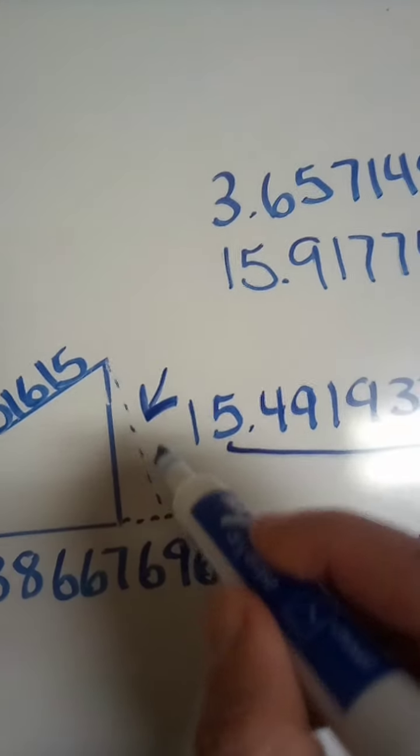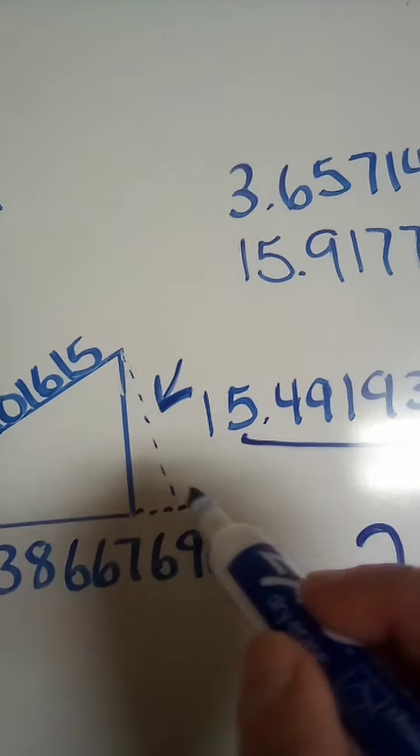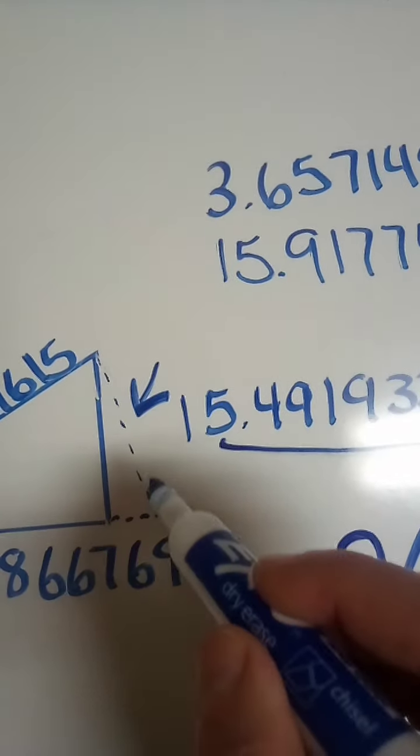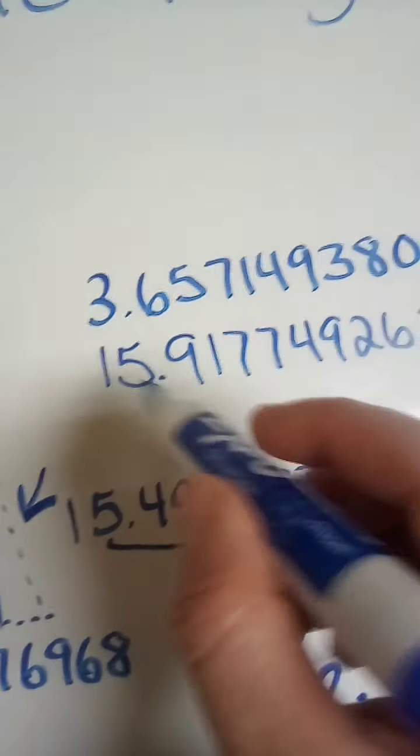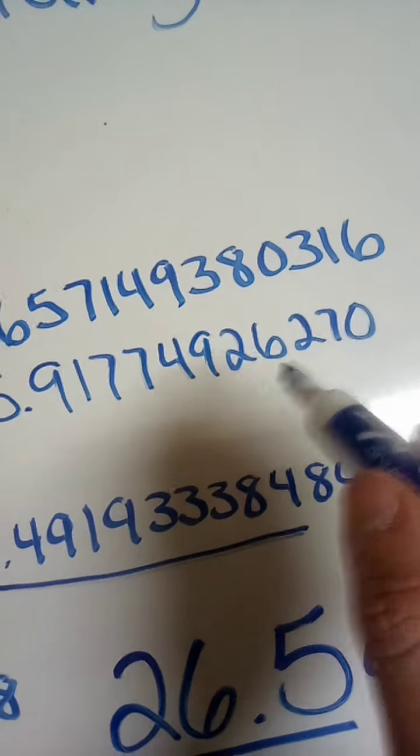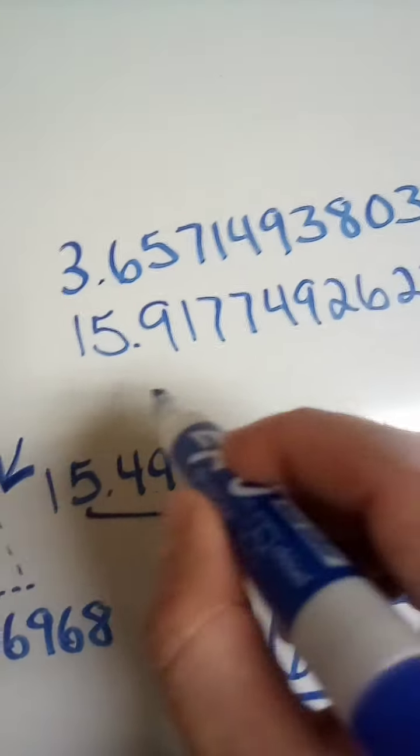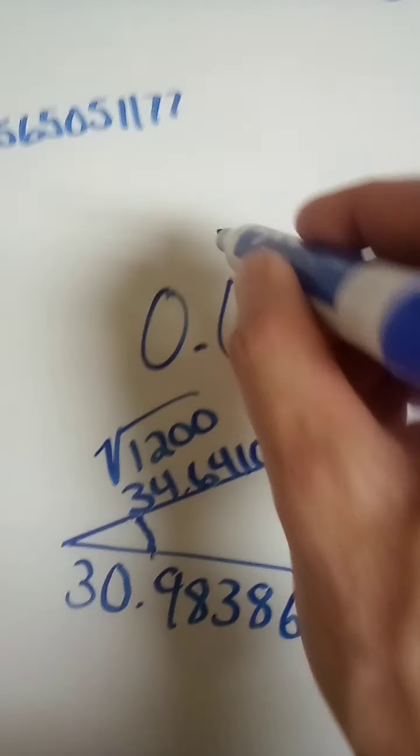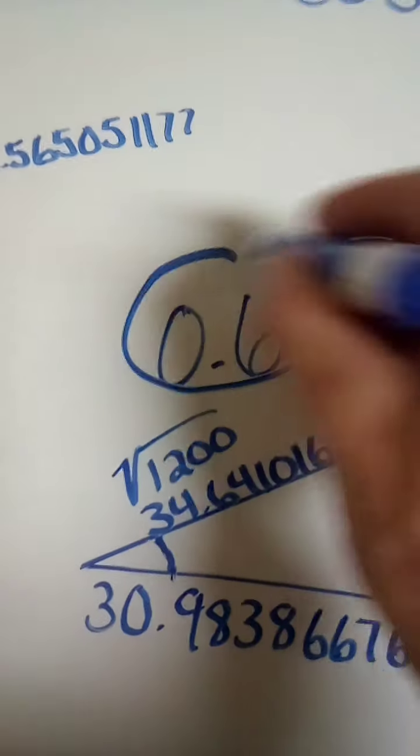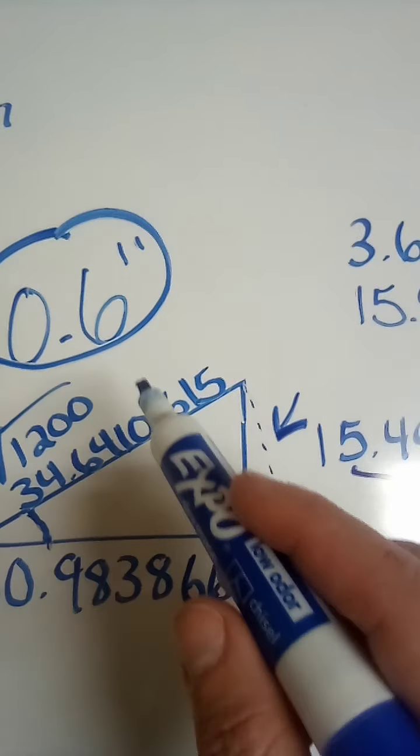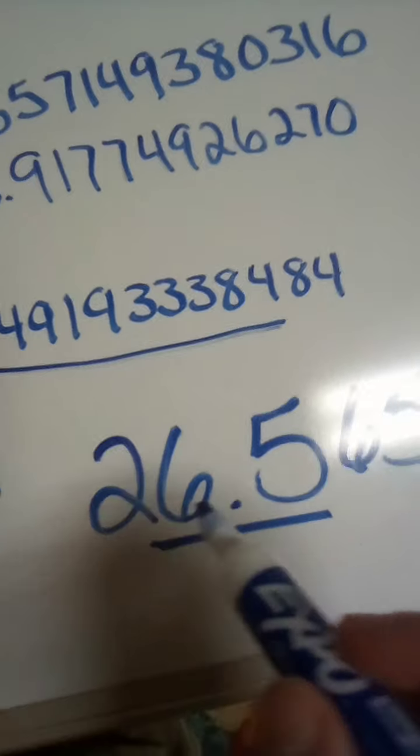Now we already have our opposite leg in our triangle, and it's 15.49193338.484. So whenever you square both, add them together, and take the square root, you'll get the hypotenuse of this triangle, which is equal to 15.91774926.270. Now, if you take this hypotenuse and divide it by where 1 degree is, that's going to convert these inches into degrees for us. And whenever you do that, you'll see that you get an answer of 26.50